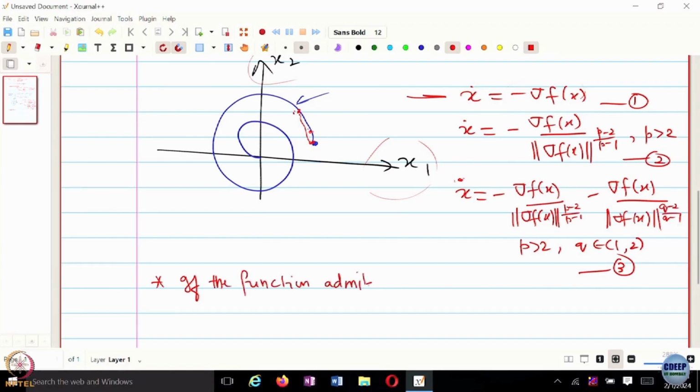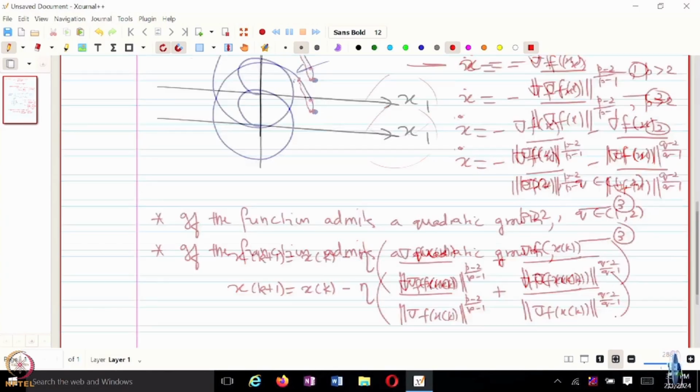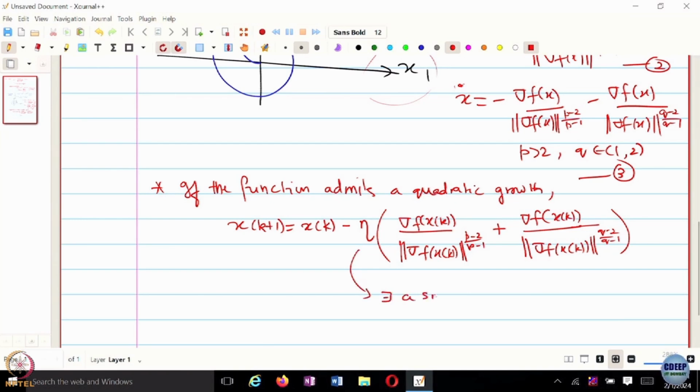admits at most quadratic type of growth, then if I look at this particular discretized step, let us say with step size eta, this is basically the discretization of your fixed time convergent gradient flow. So the kind of guarantees that we have is there exists a small enough step size